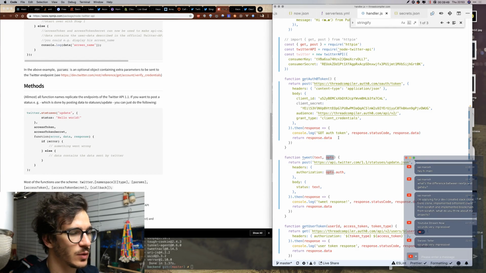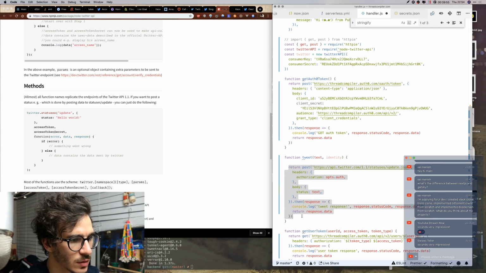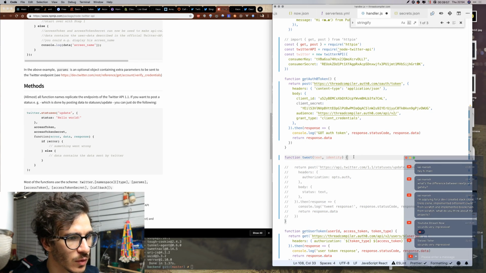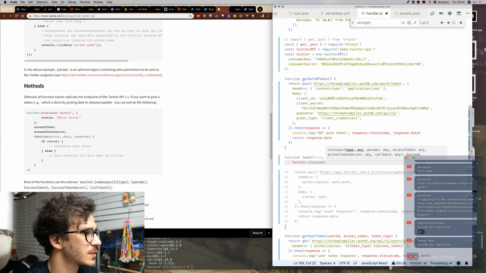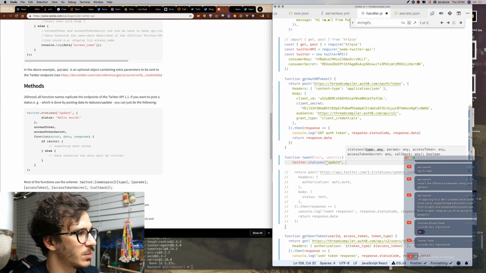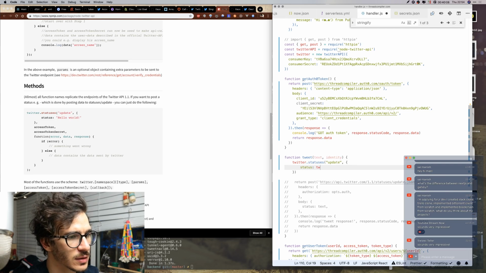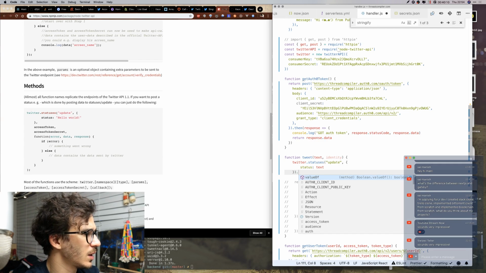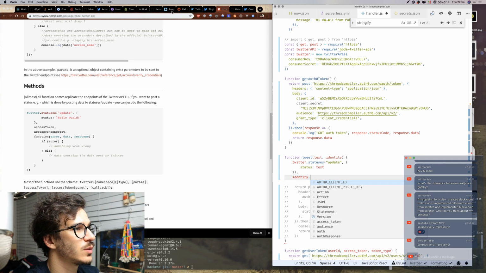Where is it? Tweet and identity. So we're going to do all of this, and we say twitter.statuses.update, and we post status of text, and we use identity dot, what did we say it was called?